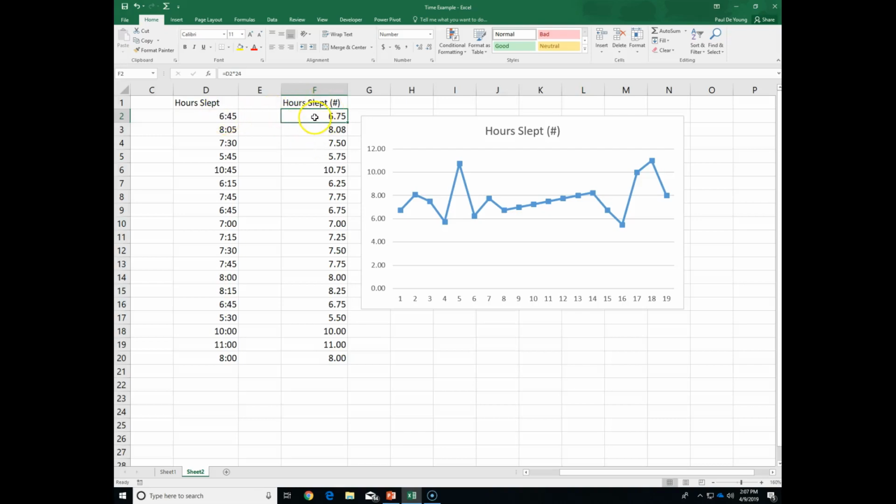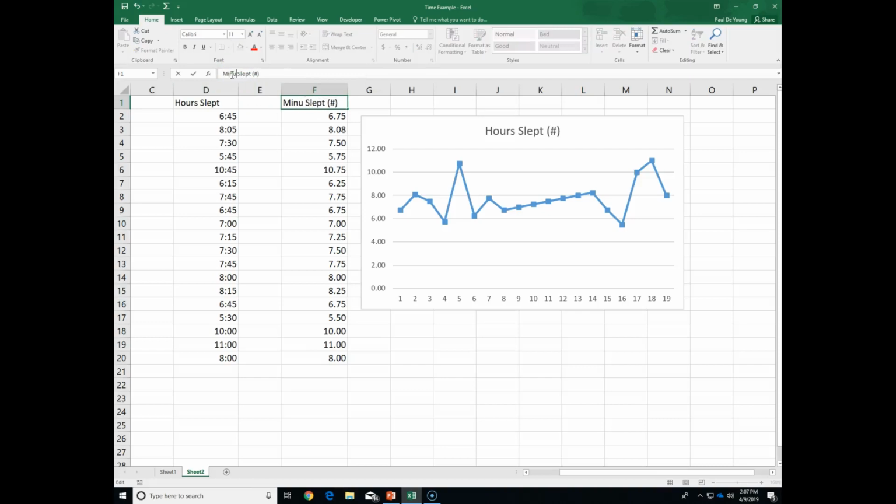Yes. Oh, and then I changed the format. So this is in custom format, hours and minutes, and then I changed the format to number format for all of these. Yeah, that's an important piece. Yep. So if I wanted to show minutes, what would I do? What would the formula be? So if I wanted to change this from hours to minutes,